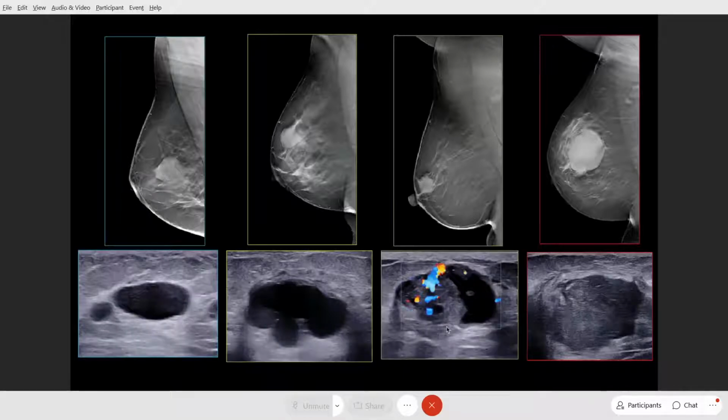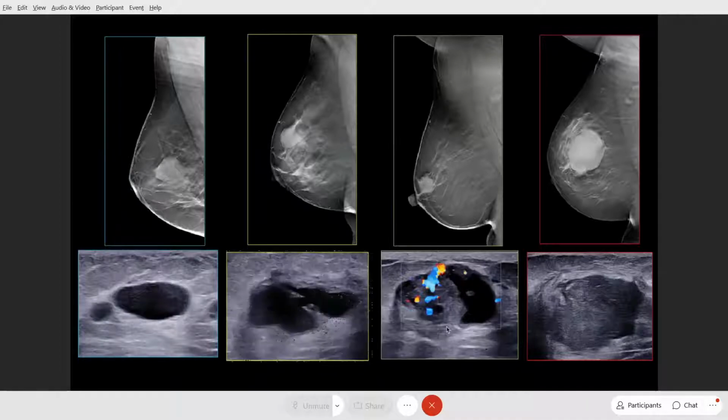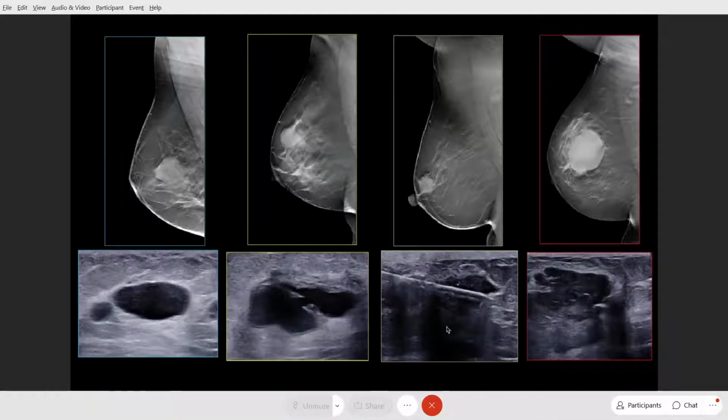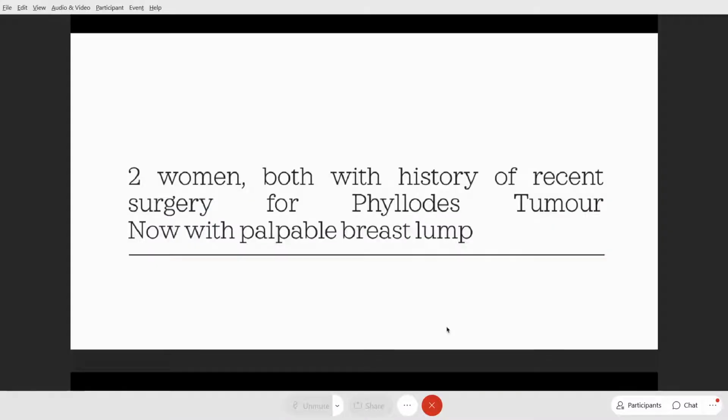So, the first one needs just reassurance. The second one can be aspirated because clinically she also had mild pain. The third one has to be biopsied. So, how do we do the biopsy? We do it strictly under image guidance because we need to target the solid component, and the solid component was biopsied. And the fourth one, which is entirely solid with suspicious morphology, was also biopsied and proved to be a breast cancer.